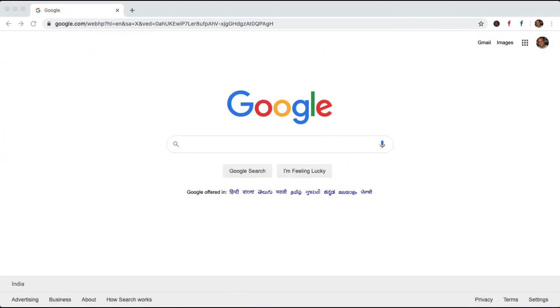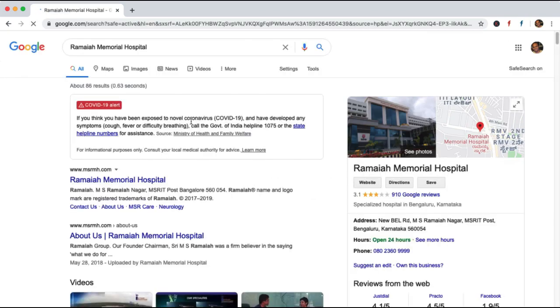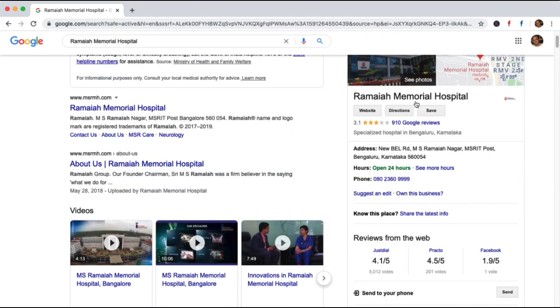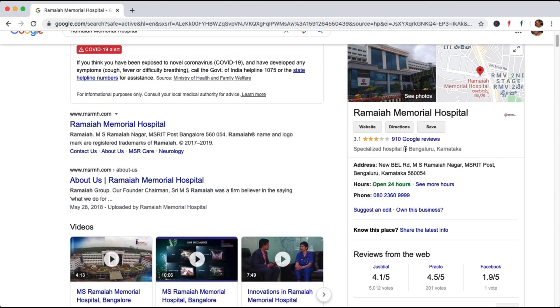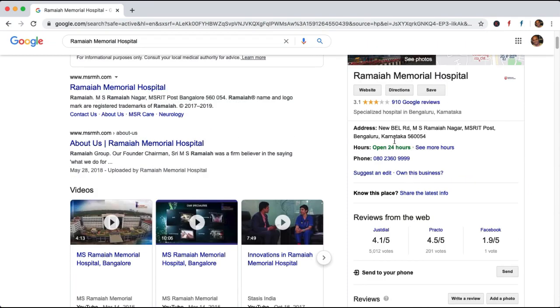Let us look at the types of schema markings. The first one I will be talking about is the Google local business, or My Business schema, local business schema. So let us just type Ramaiah Memorial Hospital. As you can see here, this is the hospital photograph, the location, the map, and then you have the title, the website, directions, all the details.